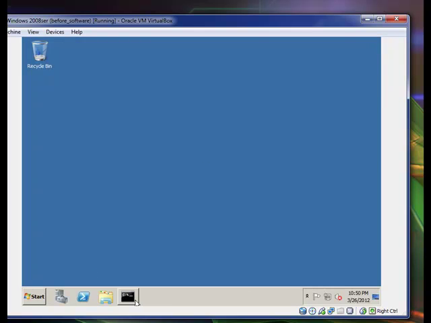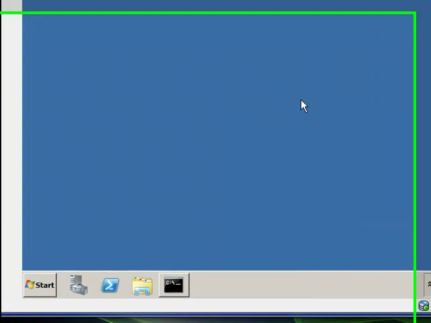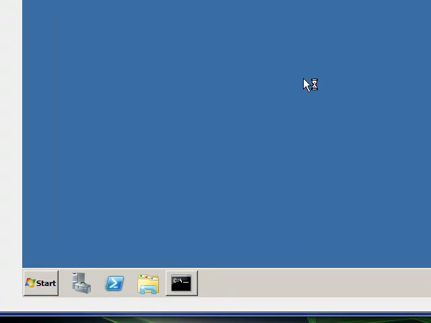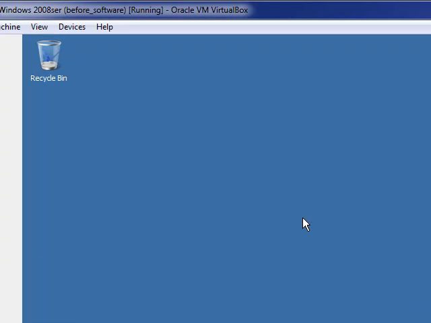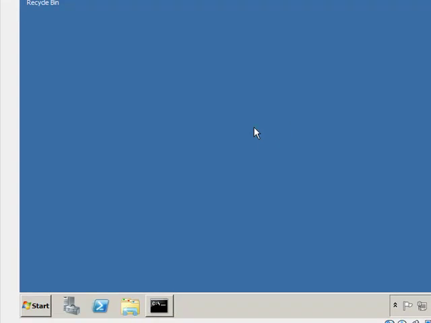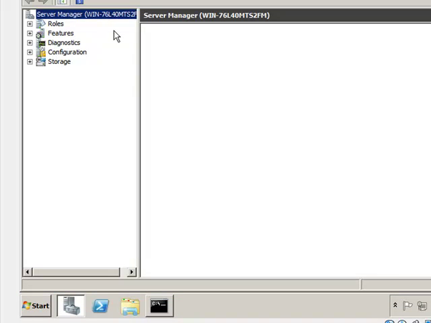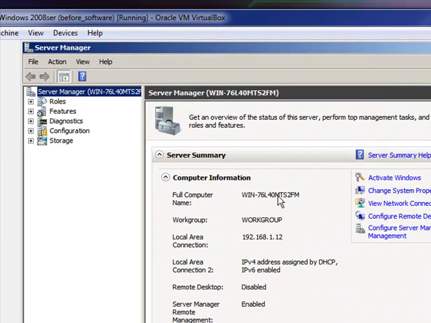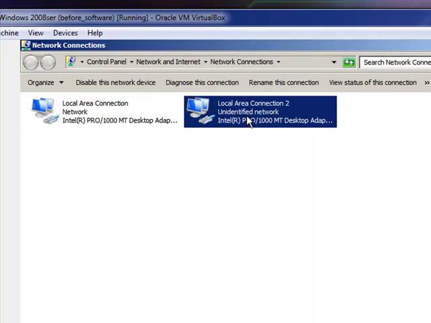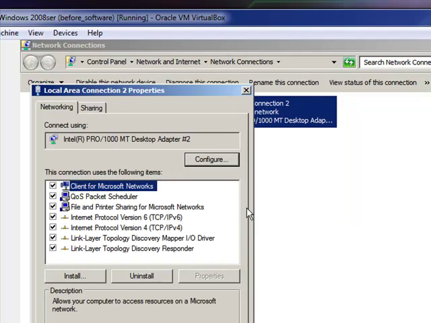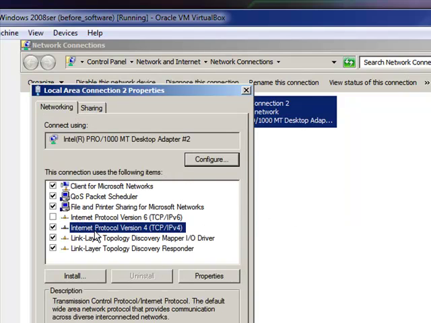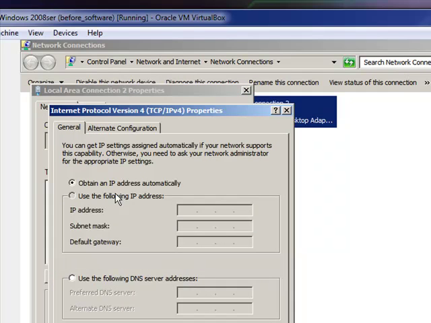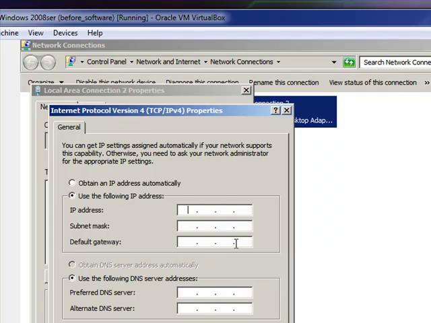Now I'm going to go ahead and set up the secondary network card. You notice when Server Manager opens up here, there it goes, waiting for the screen to come up. It's configuring. You notice I have one static IP. I'm going to set my second static IP address up. So I'm going to go to my network connections again. Right click on the network card itself. Turn off the IPv6. Go to Properties. And let's just say I'm going to make this one